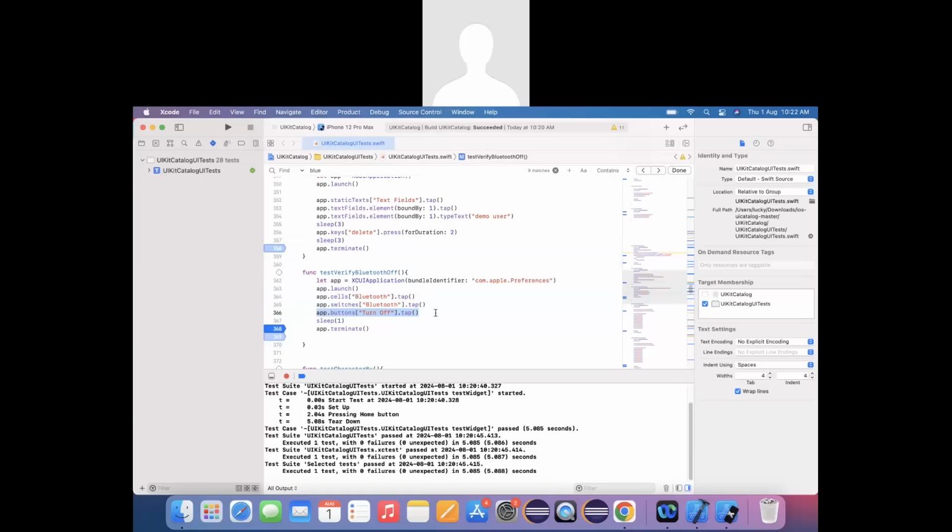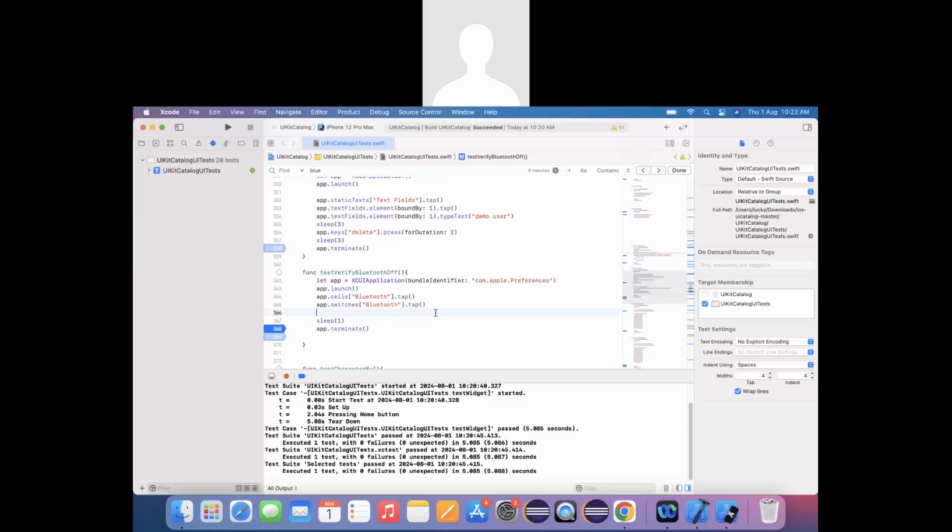See, in certain mobiles, whenever you're turning off a particular Bluetooth by checking that particular checkbox or the switch, basically a small prompt will come up: are you sure you want to turn it off? Whenever that prompt comes into the picture, only then will this work. For suppose at the time of turning off that particular Bluetooth, if this pop-up doesn't come into the picture, your script will fail. That's the reason what I am doing right now